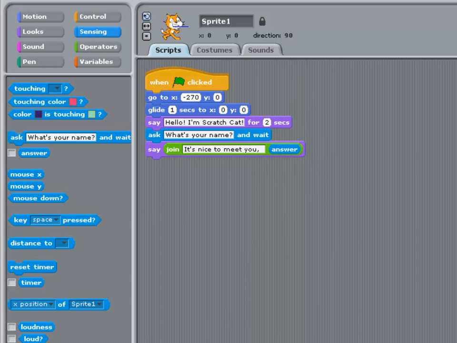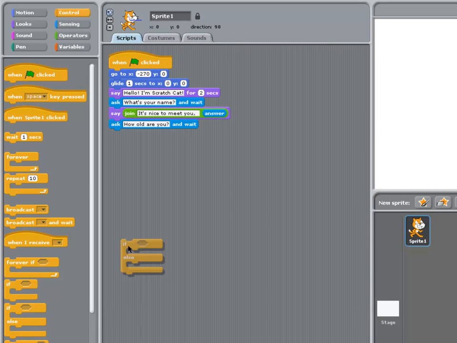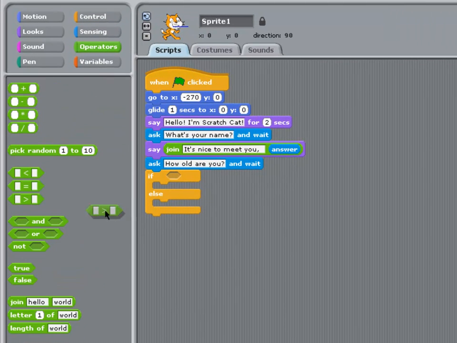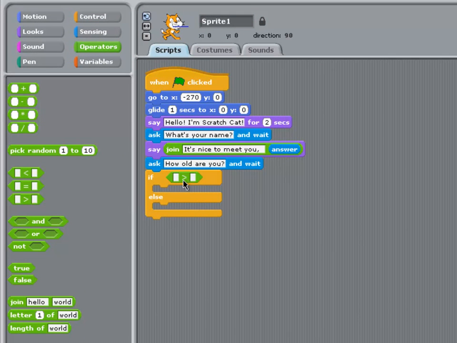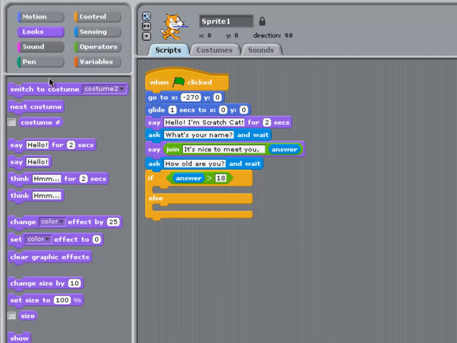The cat is now going to ask the user how old they are. So, ask, "How old are you?" And then we're going to bring out an if-else block. If, and this is a greater than block, so if the user's answer is greater than 18, then we're going to say,